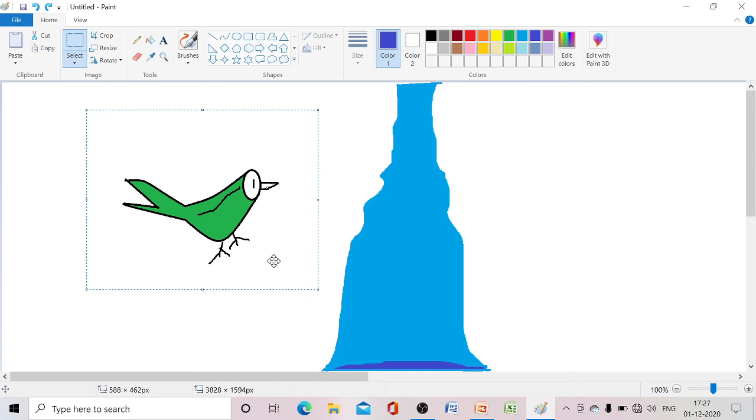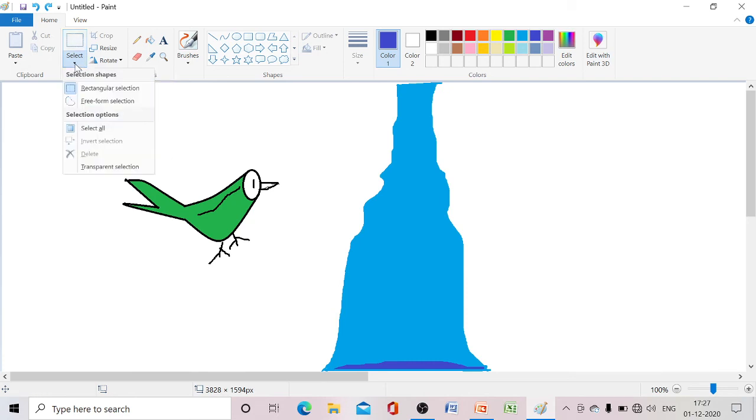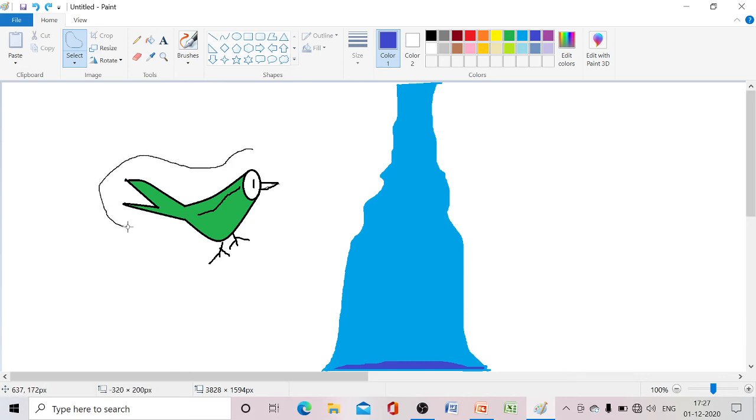Second one, freeform selection. For that also we choose the select option, click freeform selection, and we can select like this, according to the shape of this picture.